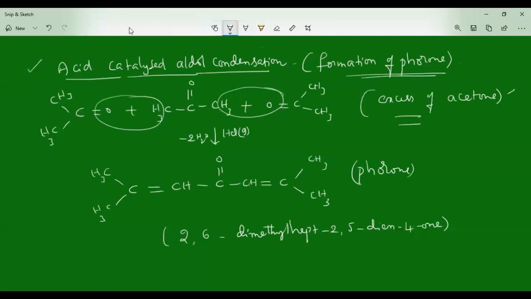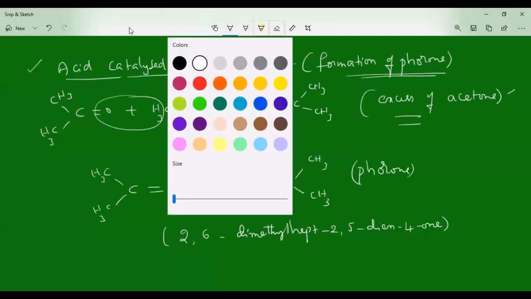This is one of the most important aldol reactions. So if you continue the acid catalyzed aldol condensation reaction in a different manner,